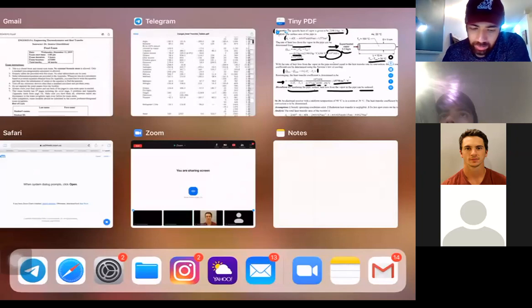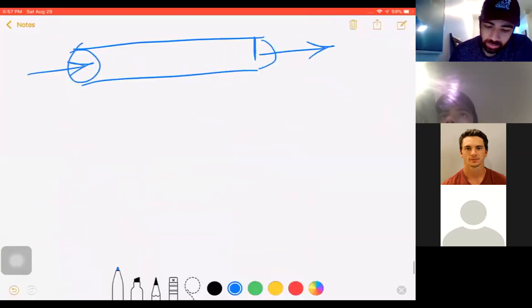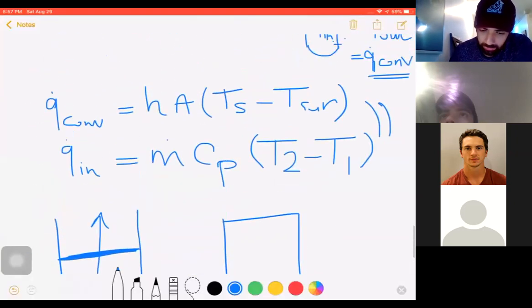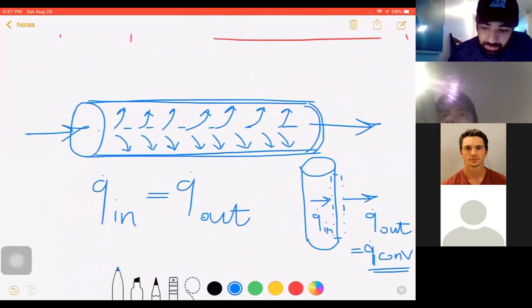It says if we insulate the surface of this cylinder, then this heat loss would be reduced, because